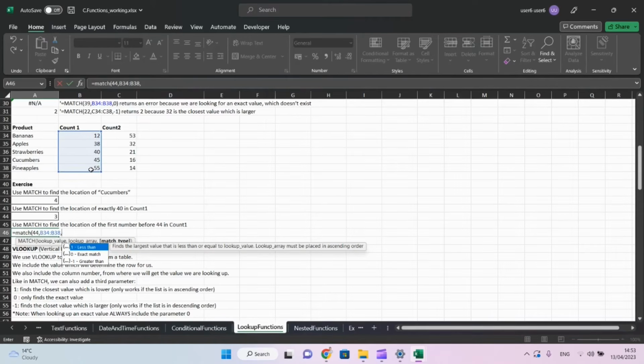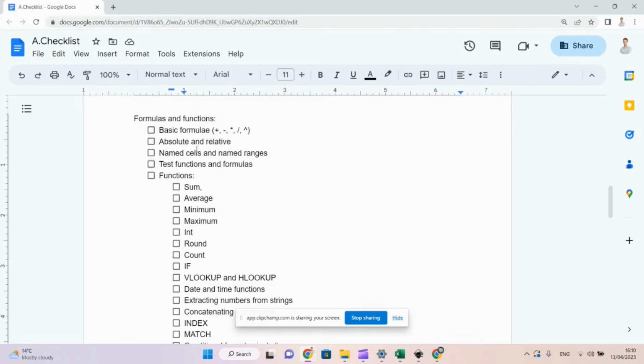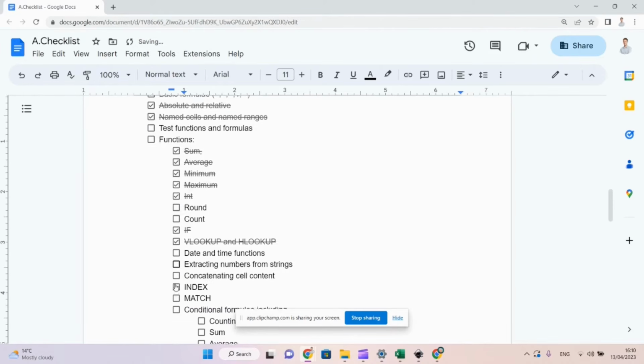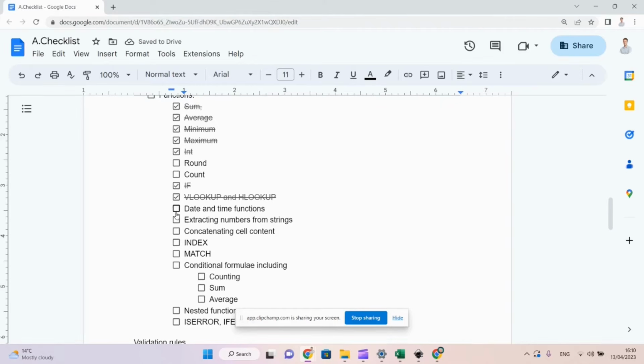Okay, find the first number before, so we need less than. We covered basic formulas, absolute and relative, named cells and named ranges, sum, average, min, max, int, if, VLOOKUP and HLOOKUP, date and time functions, extracting numbers from strings, adding cell contents together using the AND sign,